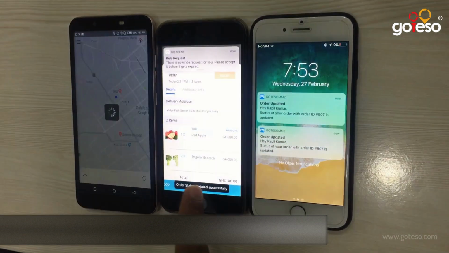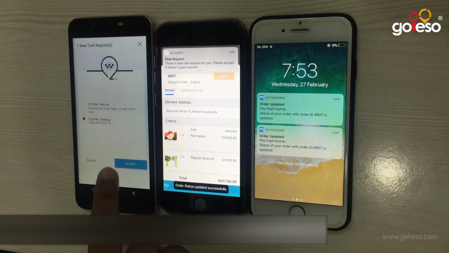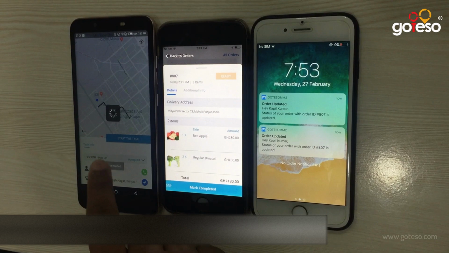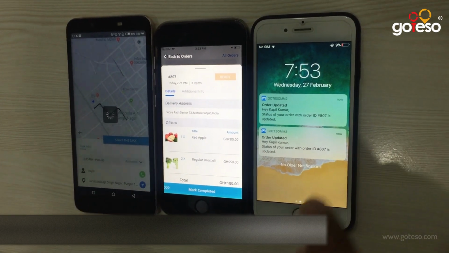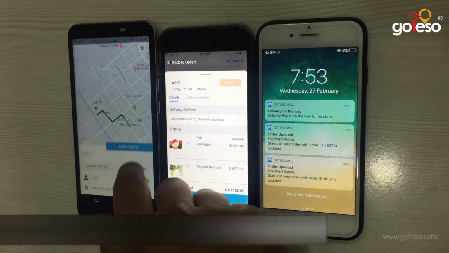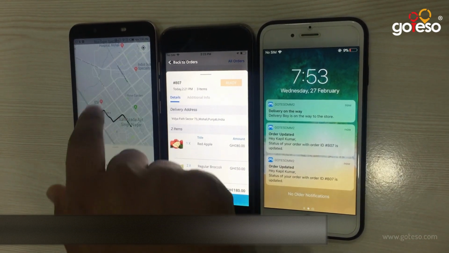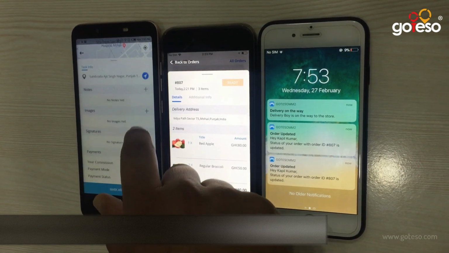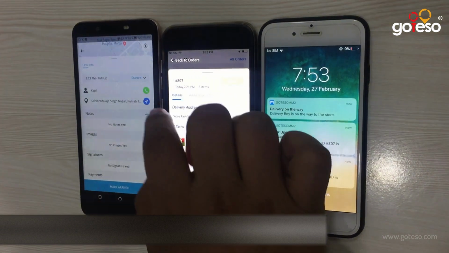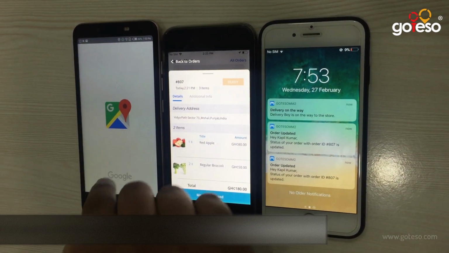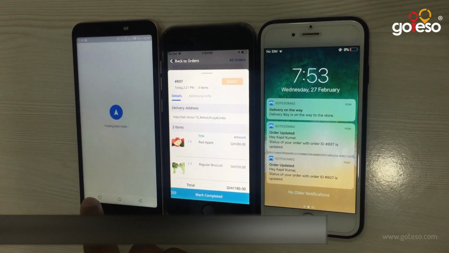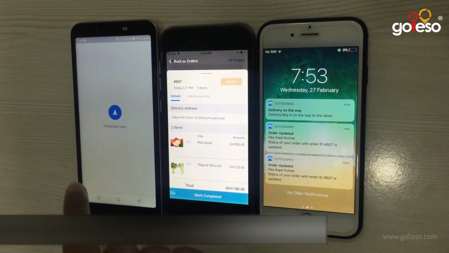Now the moment I do it, it will send a delivery request to the driver. If I click on it, okay, at the same time the customer is notified that the delivery boy is on the way to the store. Now at this moment the delivery boy will be able to see where they have to pick up that particular order. All right, so they can click on it, and from there they'll be able to see the real-time tracking or the navigation to that store in Google Maps. Okay, so it is finding the best route to the store right now.